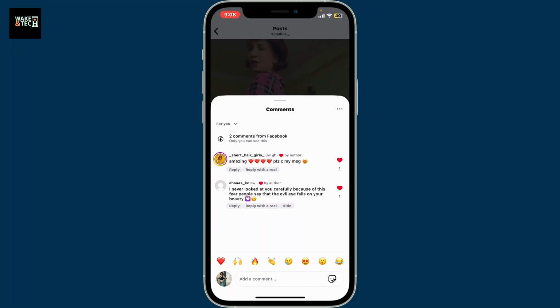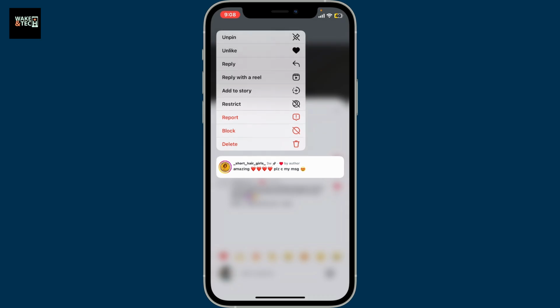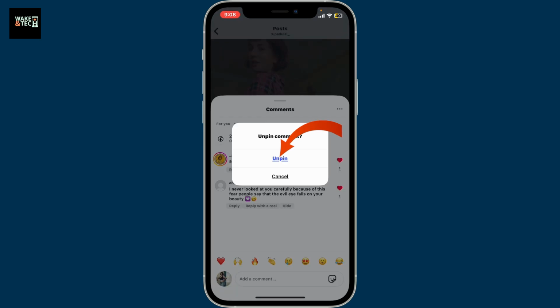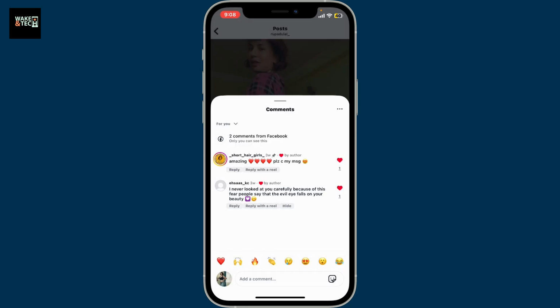If you want to unpin the comment back again, you'll need to press and hold again and tap on unpin in the pop-up. Now click on unpin once again to confirm, and that's how you can pin and unpin comments